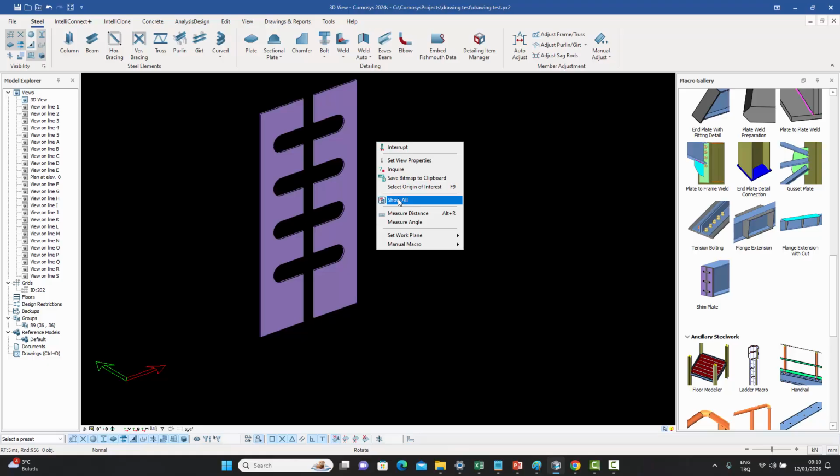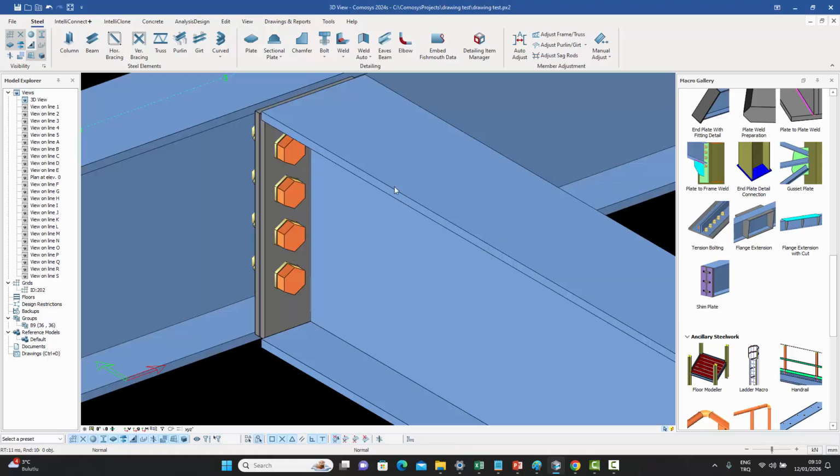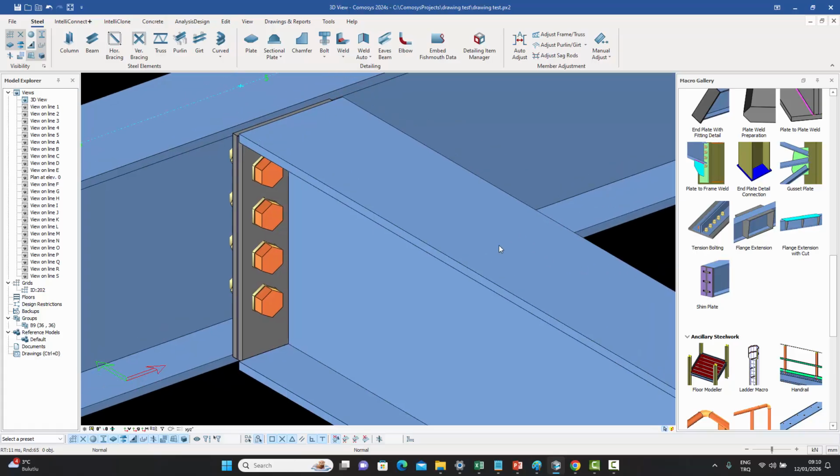So wherever we have this option to create shim plates, those macros will now be calling this macro with all its options. But wherever it doesn't exist or you want to create shim plates manually, you can just use this macro